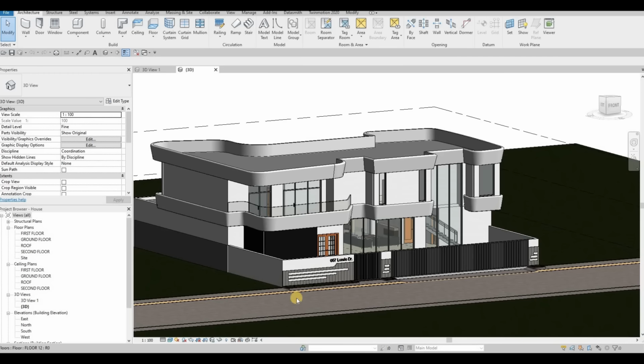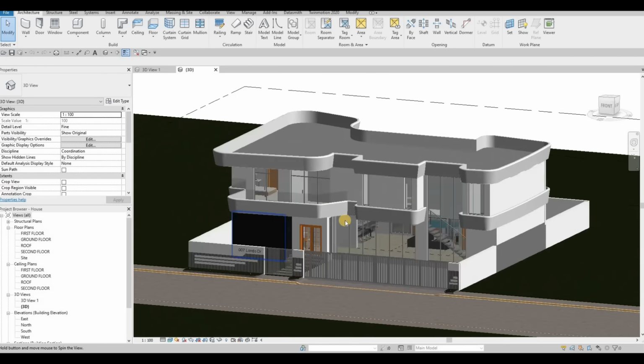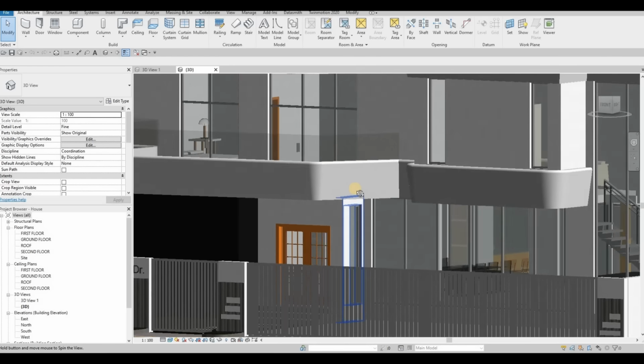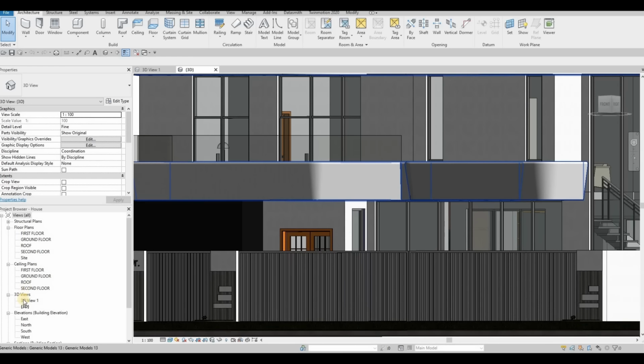So in the last video, we were able to finish modeling this. My goal for this video is to finish up showing you how to create sheets. But before that, I just want to change something here before we start creating the sheets. So I'm just going to align this